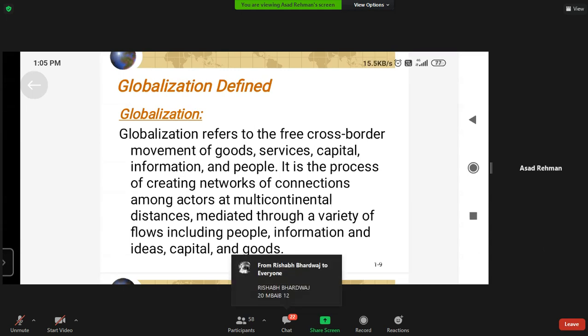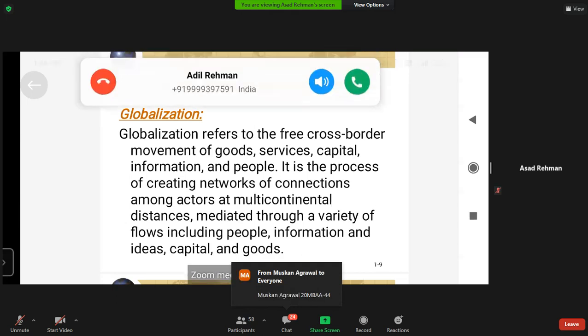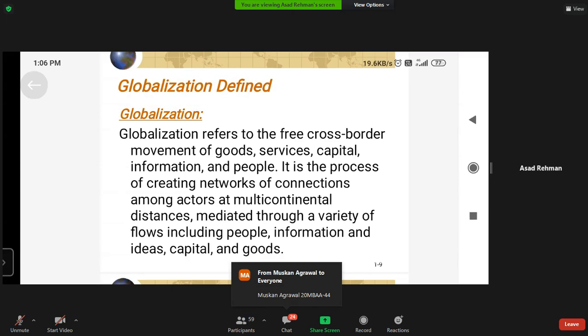So ultimately, the basic objective of globalization is a borderless world, a world where people cooperate for primarily the different. Okay,